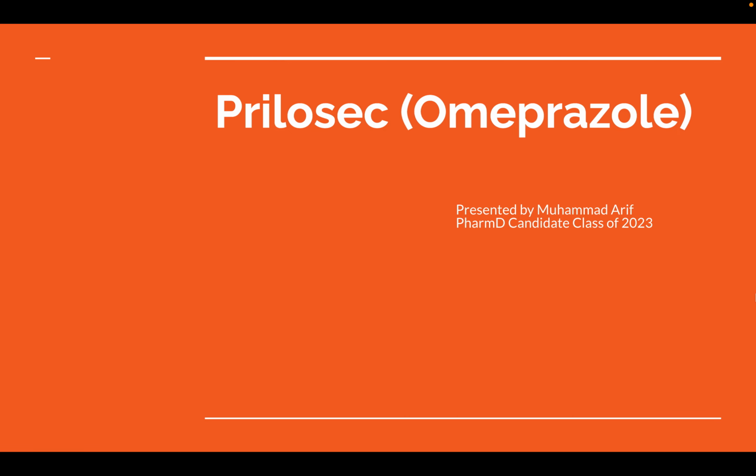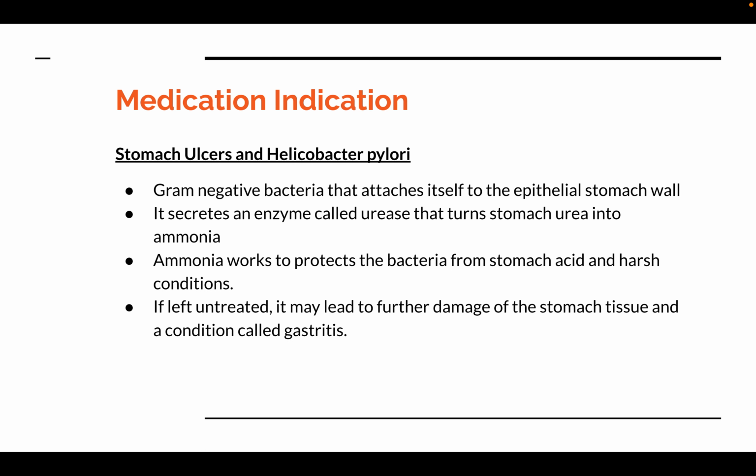I'll be presenting on Prilosec, also known as Omeprazole. So some of the indications this medication is used for, one of the main ones is stomach ulcers and infection